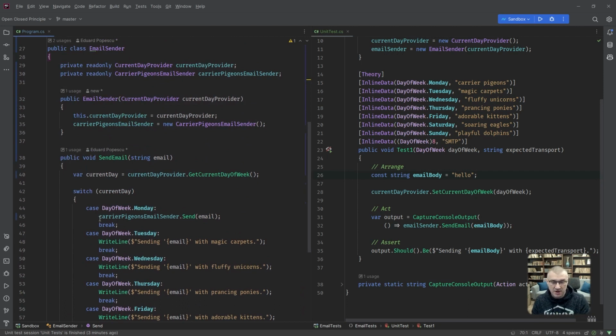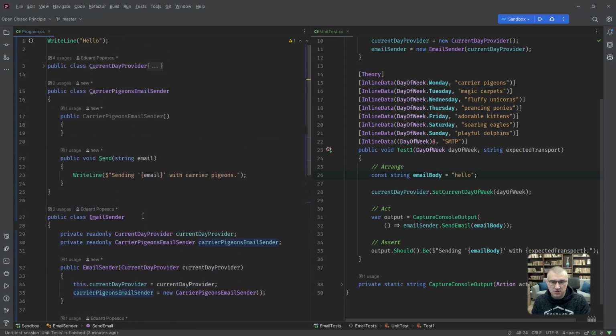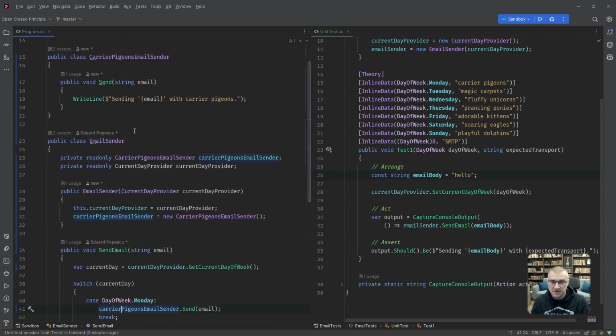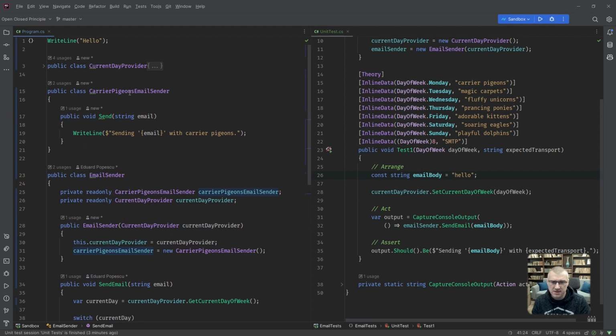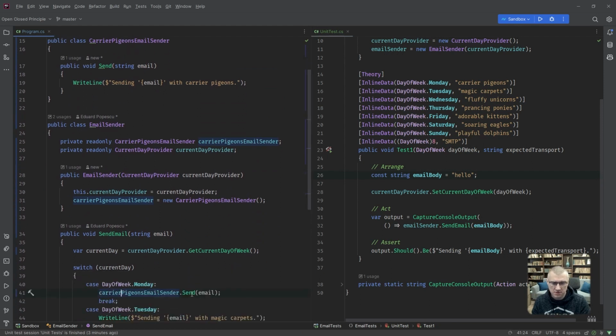So instead of the method writing directly to the console, now it's calling another dependency, which it creates itself for now. But we're going to change this in a minute, because this is going to take a while.